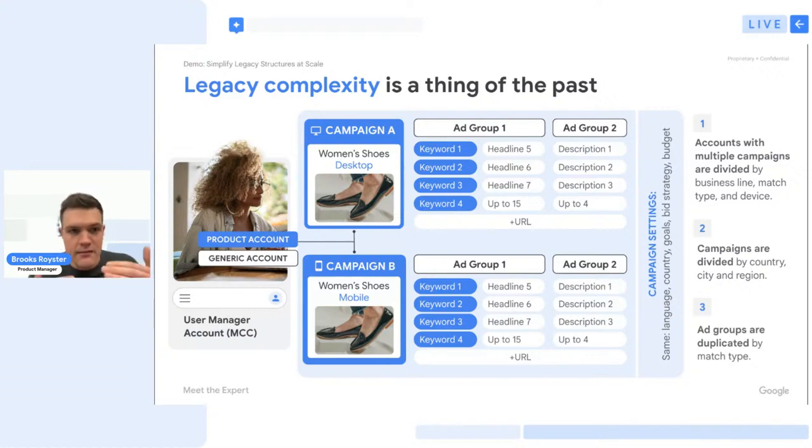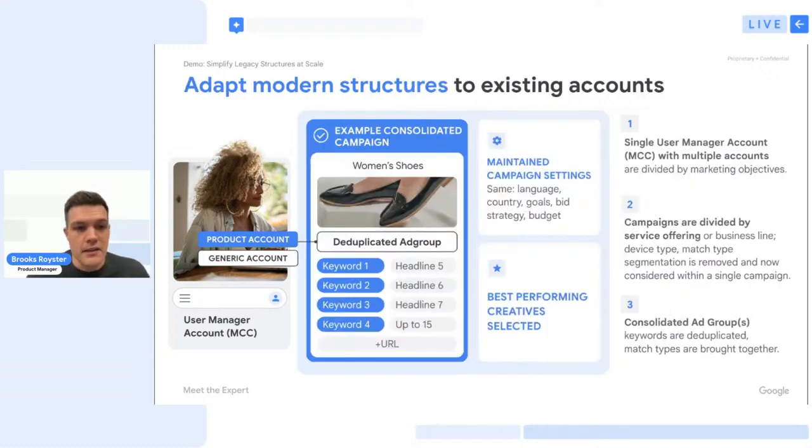In campaign A, this women's shoe campaign is really distinguished by desktop users as the target versus mobile in campaign B. Otherwise, it's a lot of the same keywords, duplicate ad groups across both, same thing with URLs targeted, and a lot of the campaign settings you can see noted here. Things like budget, their goals overall, bid strategy, language, and country. So there's a lot here that we see immediately, right? Like that is duplicated.